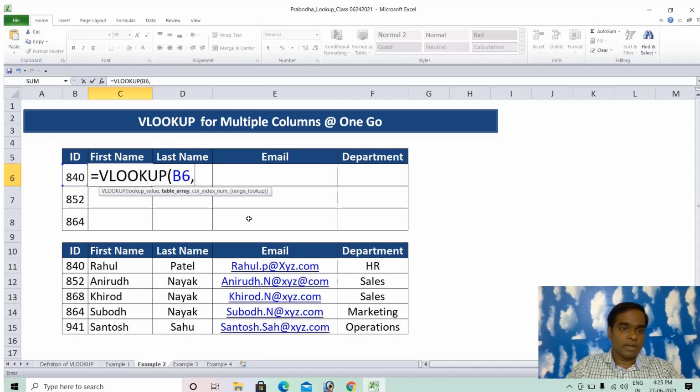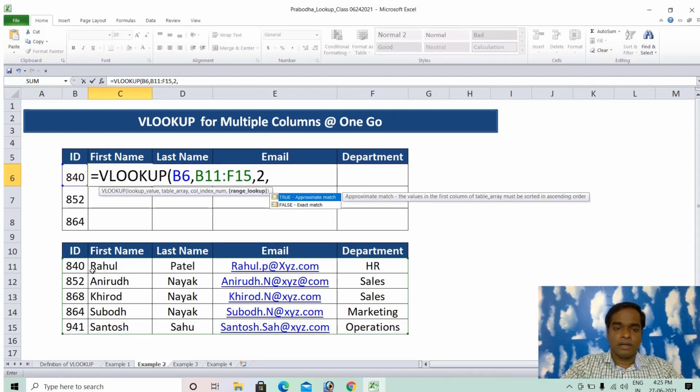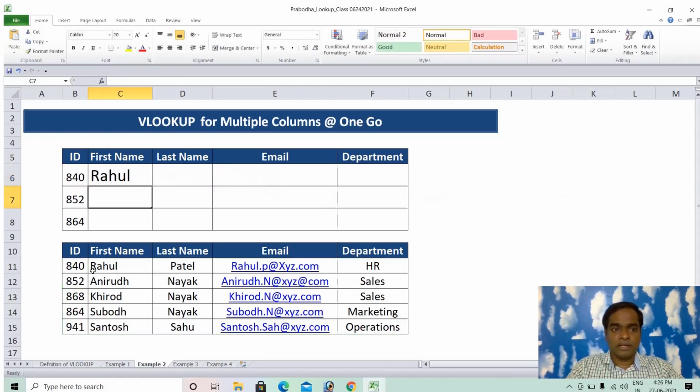I'll select the lookup value, then my table array, using Control Shift right arrow, down arrow, then comma, then to get the first name it is column 2, then comma, I need the exact match.